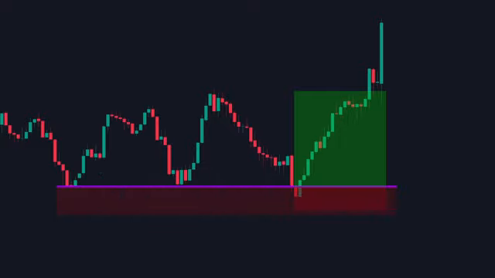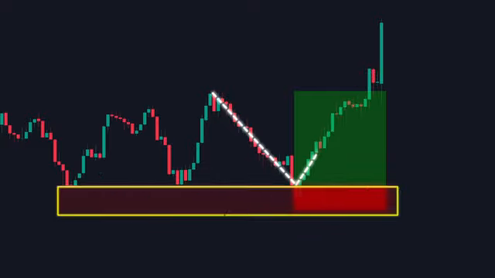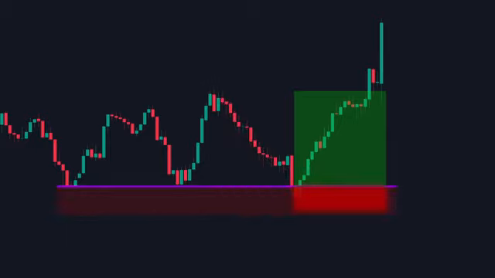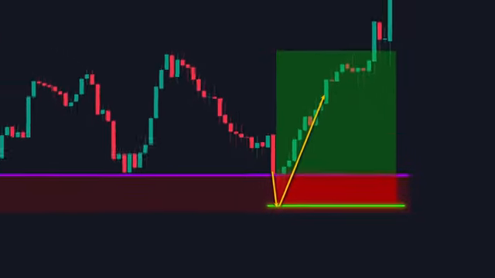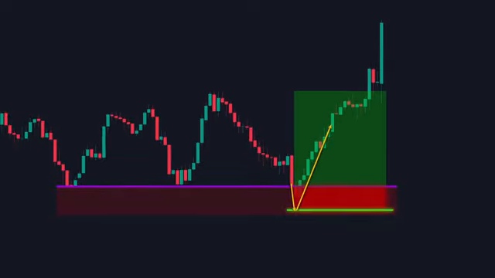They know that retail traders are watching the same patterns and placing stop losses in predictable locations. This creates a massive pool of liquidity in that area. By taking out those stop losses, they absorb the selling pressure they need to fill their own large buy orders at favorable prices. That's why you often see price wick through key levels before reversing. It's not random market noise, it's calculated liquidity hunting.